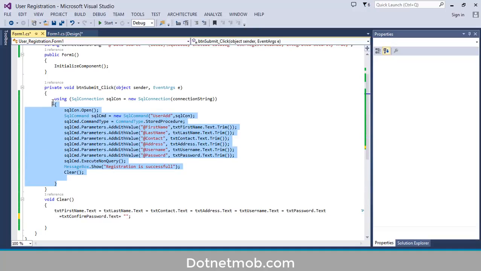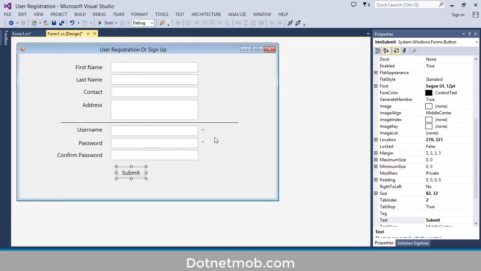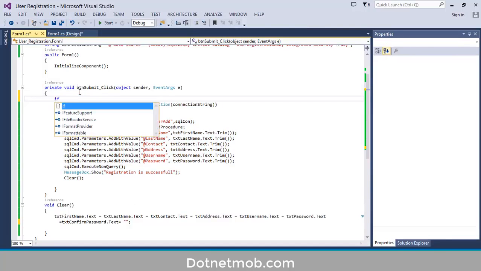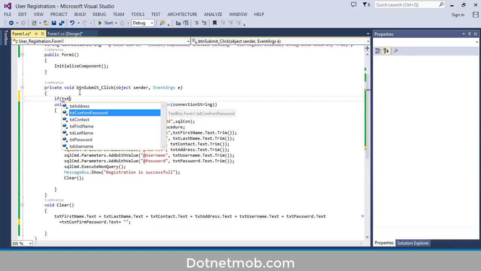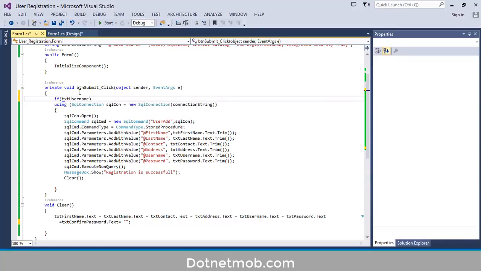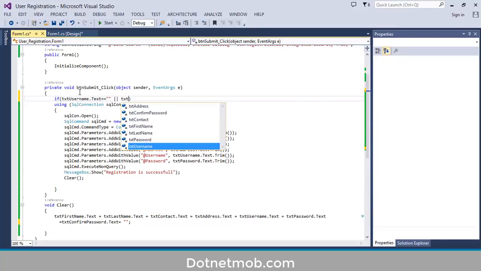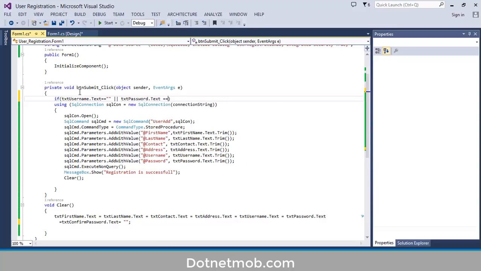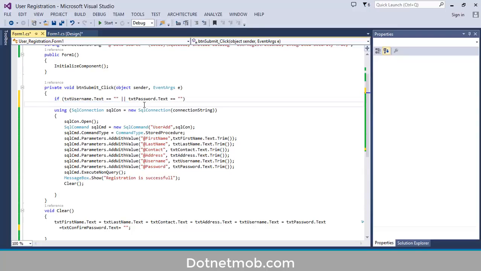Before this insert operation, we have to check whether mandatory fields like username and password are filled or not. After that, we have to check whether this password and confirm password match with each other. For that, I am going to add if else block here. If txt username dot text equals empty string or txt password dot text equals empty string, then we will show the